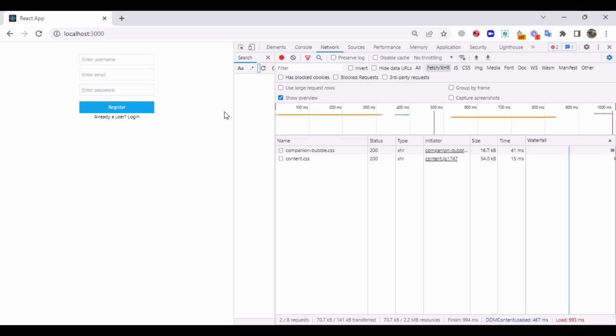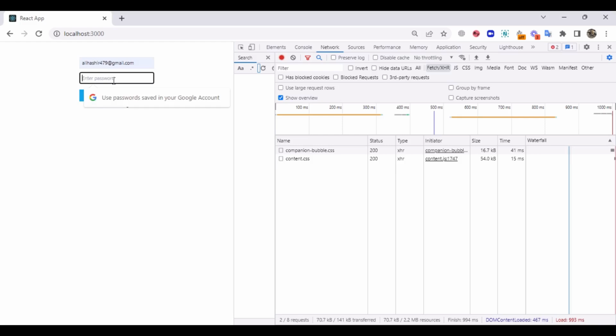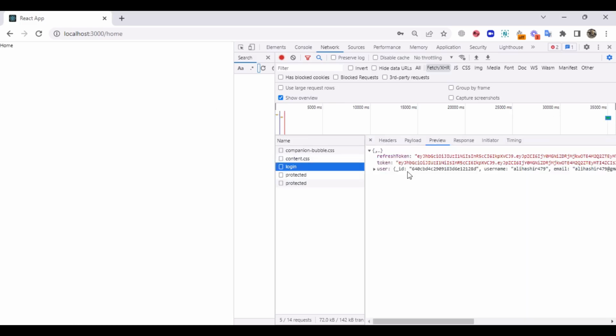In this video we will do React and Node JWT based authentication. Our form will have two states. First one will be login and second one will be register. So let me quickly log in into our app, and as soon as we have registered, we have sent the